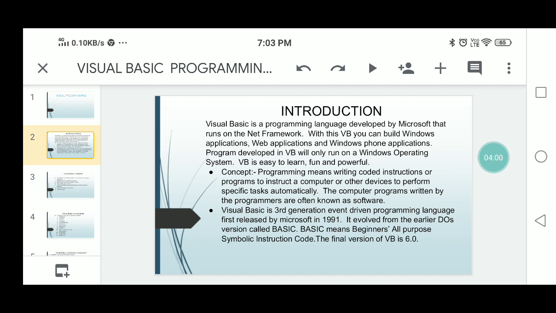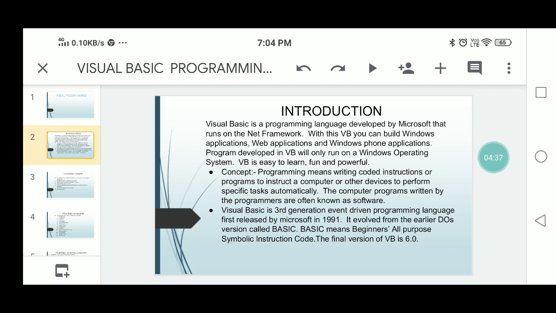Some business applications can be developed using Visual Basic: inventory management systems, calculators, investment calculators, payroll system developments. Games can also be developed using Visual Basic, such as tic-tac-toe. In multimedia programs we can use Visual Basic to develop smart audio players and multimedia players.